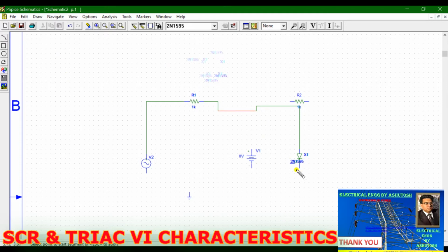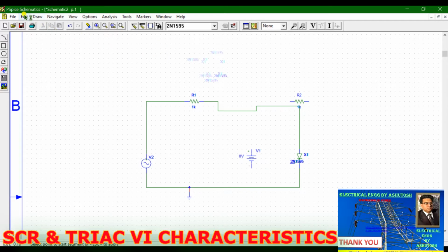Okay, then join, we have connected the anode part from this resistance. Okay, now connect from this wire it will get connected, then connect this wire like this. Okay, and then connect this earth like this. Okay, it is connected now.